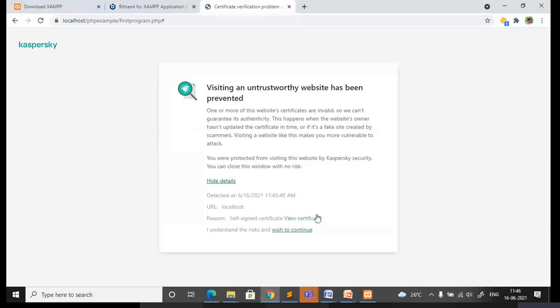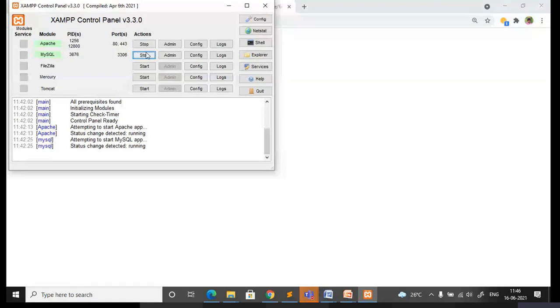This is the first program. I've just shown step by step how you can install the software. In the XAMPP control panel, once you have finished, you need to stop running the Apache server and MySQL, and then close. Don't directly close. When you want to execute, you have to open this control panel and start Apache and MySQL, then start executing the code. So now you have done the first program.